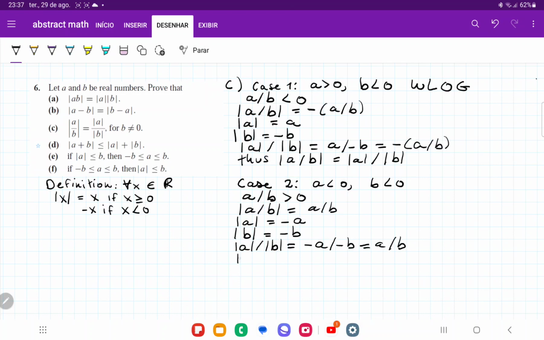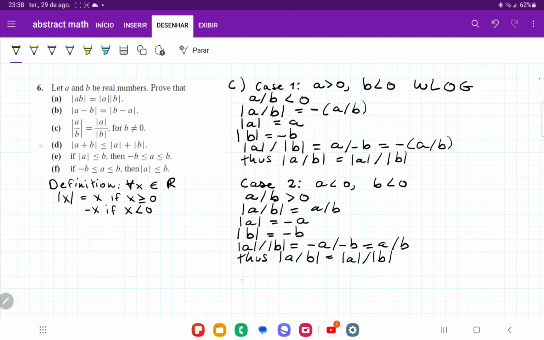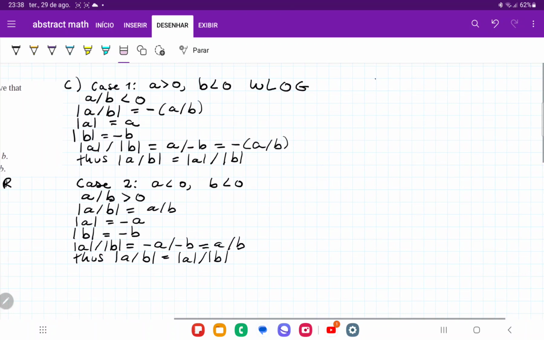And so once more, we have shown that the absolute value of their quotient is equal to the absolute value of each one, and then we divide them. Okay, and then we have case 3. So case 3, actually I'm going to do that to the side. So for case 3, we're going to have that